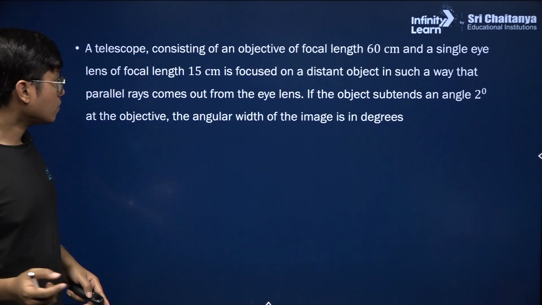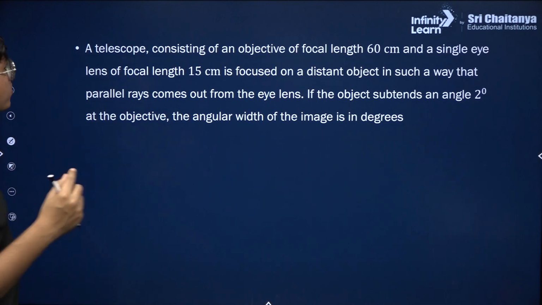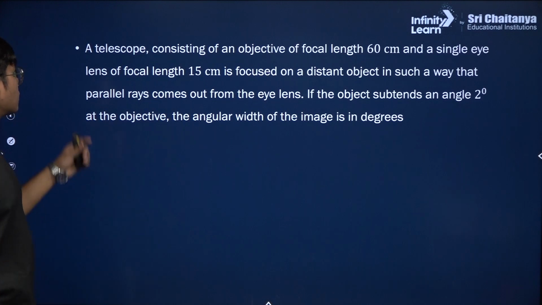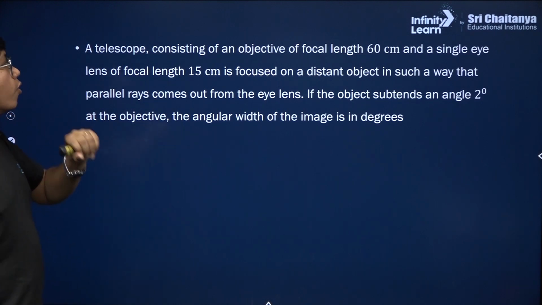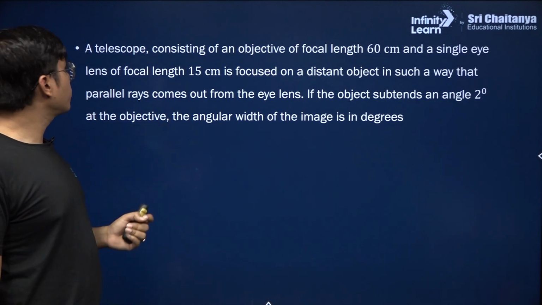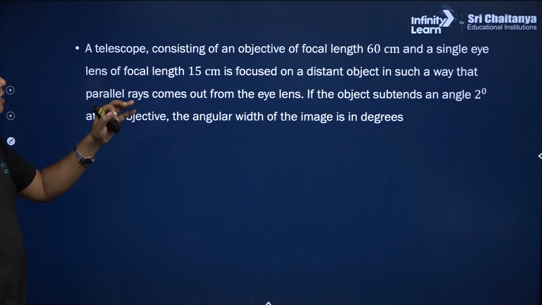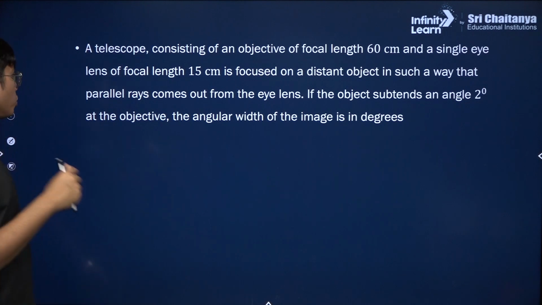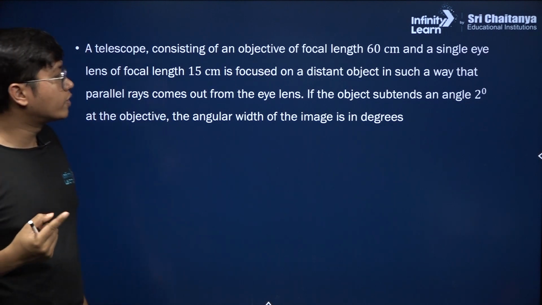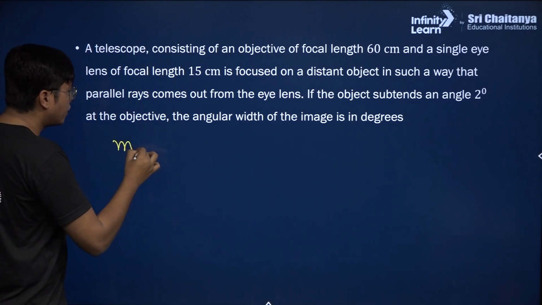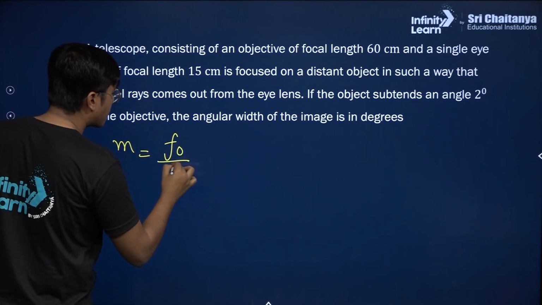Okay. Next, a telescope consisting of an objective of focal length 60 meter and a single eye lens of focal length 15 centimeter is focused on a distant object in such a way that parallel rays come out from the eye lens. If the object subtends an angle of 2 degree at the objective, the angular width of the image is in degrees. So over here we know the relation for magnification, m is equal to fO by fE,